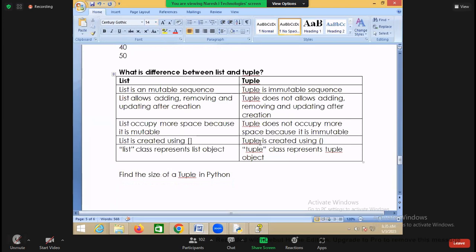Okay, now this is a question here. Find the size of the tuple. If you want to find the size of any object, you are using one function. What is the name of the function? It is getsizeof. In order to find the size of any object, Python provides